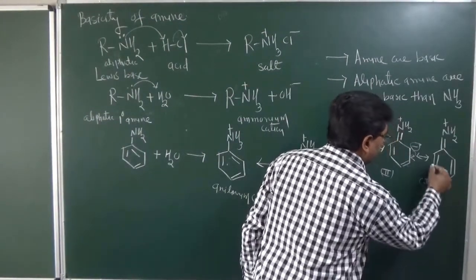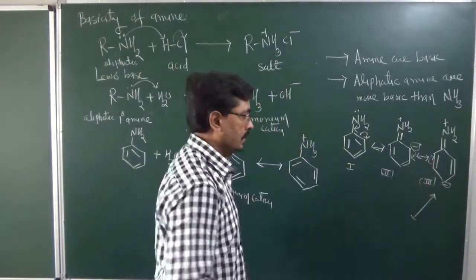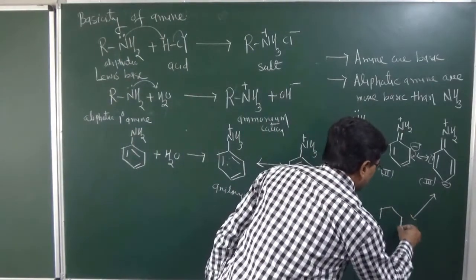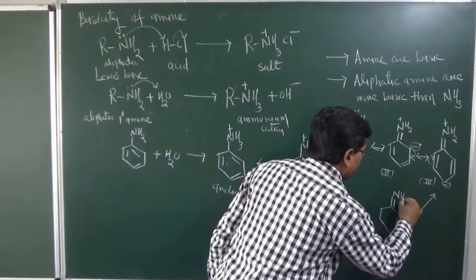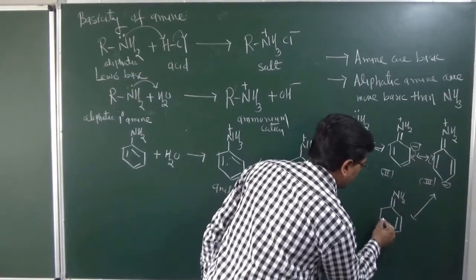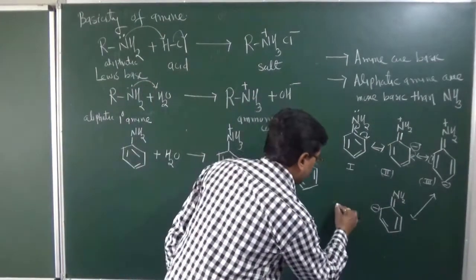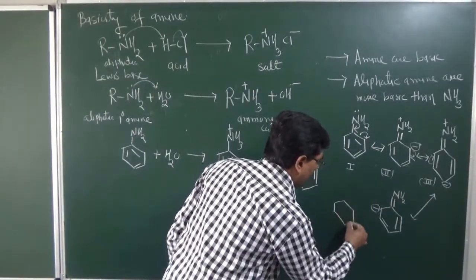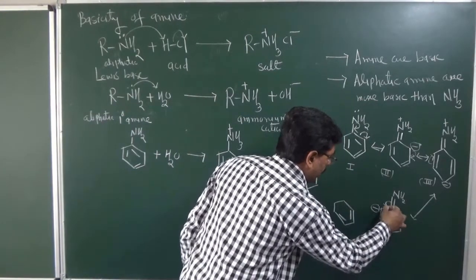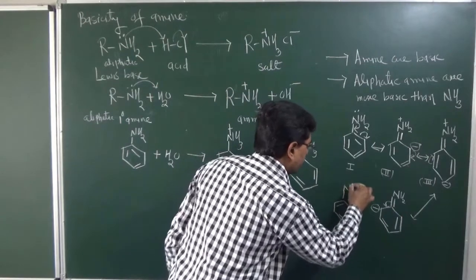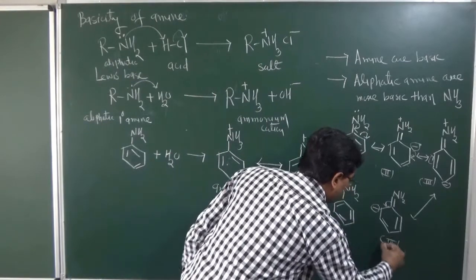Now suppose this bond is broken, the electron pair transfers here, and a double bond forms between these two carbons, then we get this type of resonating structure. And last, once again a bond is broken, and we get this type of resonating structure. Now these two double bonds remain as they are. This bond breaks and the electron pair comes between these two carbons. So as a result, you can observe these things. We are getting a total of